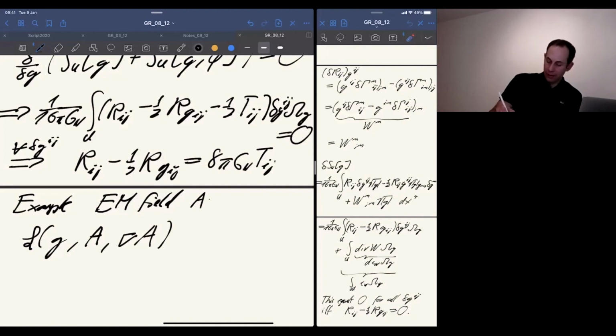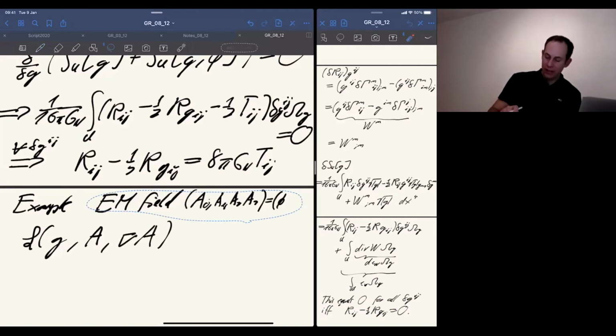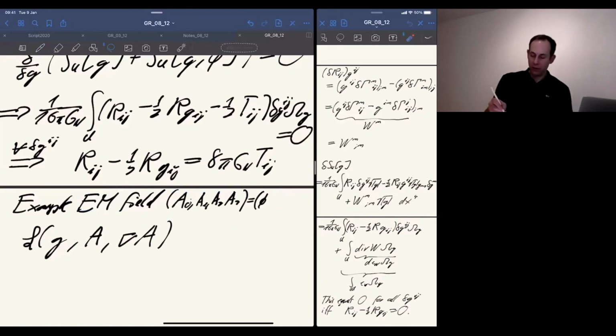Let's say A is a vector field, and the vector field has components, and it corresponds in a normal basis to what you would in electrodynamics consider the electrodynamic potential. That's A0, and all the other terms are just the corresponding terms of the three vector A that you know from electrodynamics, but with a minus sign. So one is minus Ax. Underline should indicate it's the 3 vector from electrodynamics.